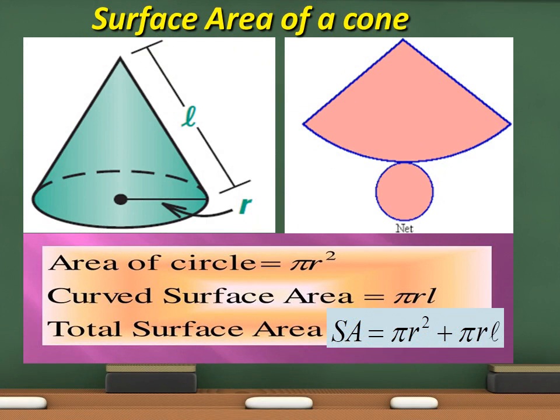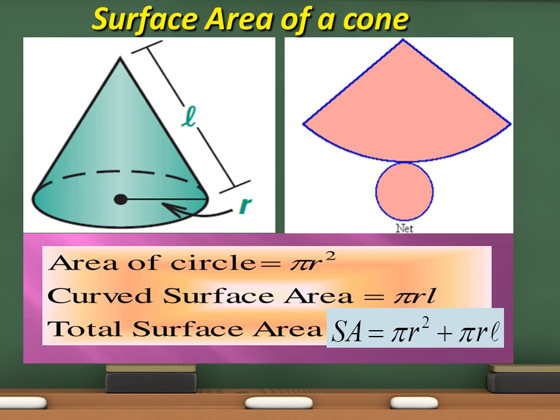The surface area of a cone. To understand the surface area of a cone, we need to get the net of a cone. In the diagram here, the green one is the cone, and the net is the pink one, and it is made up of a sector of a circle and a circular part, or the base. The base is a circle, and therefore for us to get the surface area, we need the area of the circle, which is the base, which is pi r squared, and then we have the curved surface area